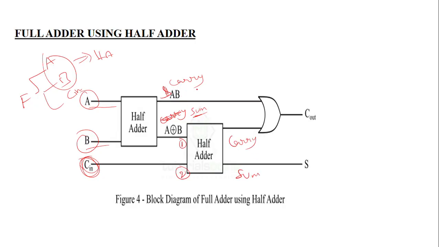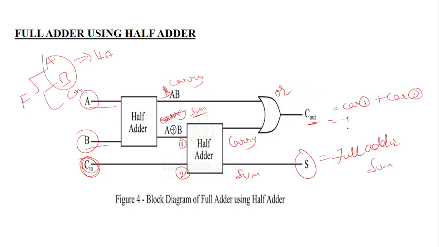Now the sum is directly our full adder sum. What is the full adder sum? It is the direct sum we get from the second half adder. But the two carries of the two half adders are OR operated, and then Cout comes. So carry 1 is OR operated with carry 2. The two carries perform the OR operation, and then it is our full adder carry. So finally we get